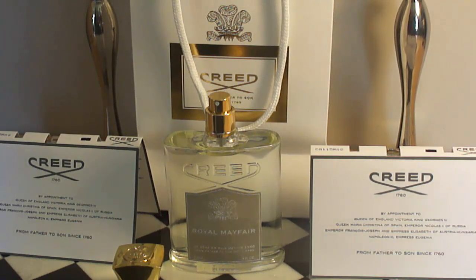So Royal Mayfair opens up with a slightly medicinal eucalyptus mixed with natural-smelling pine. At the very top, Royal Mayfair smells like a really nice piney forest with eucalyptus, almost medicinal, guys. And then you get the gin. The booziness comes through, mixed in with the pine and the eucalyptus, giving you this really nice, very unique